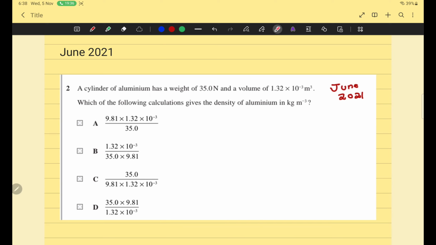You are given the weight of the cylinder, you are given the volume of the cylinder, and you have to calculate its density. So how do you calculate density? हमें पहले खुद से आंसर करके बताएं, फिर मैं आपको एक्सप्लेन कर दूंगा, लेकिन पहले खुद से बेटा आंसर कीजिए। उसवा, ये क्वेश्चन हमने आपको दिया है।